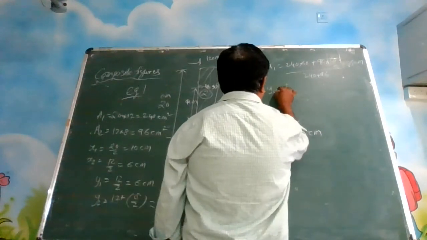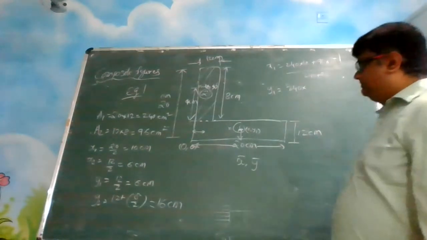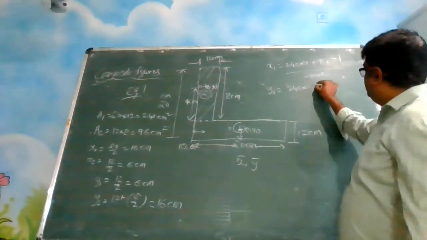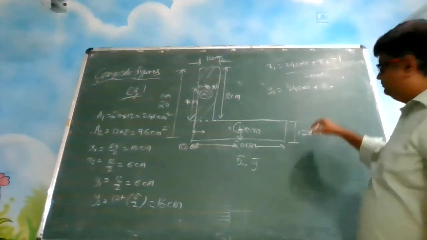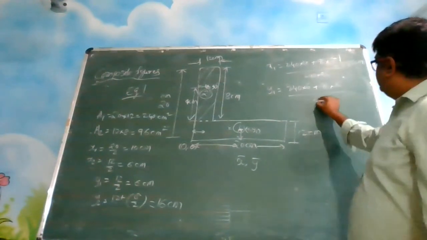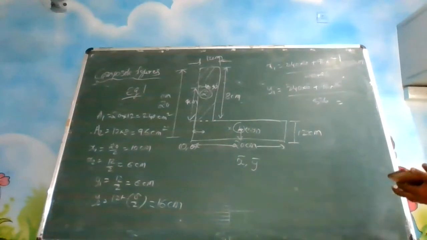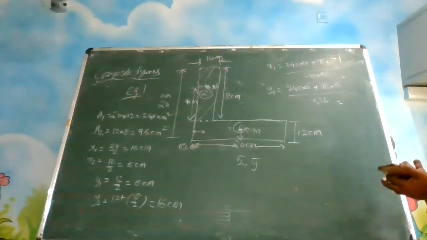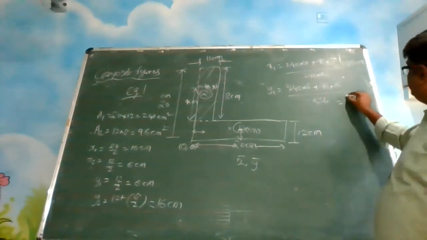Let us now calculate y1. y1 will be 240 into 6 plus 96 into 16 divided by 336. Let us calculate this. So it is 240 into 6 plus 96 into 16 divided by 336. It is also 8.85